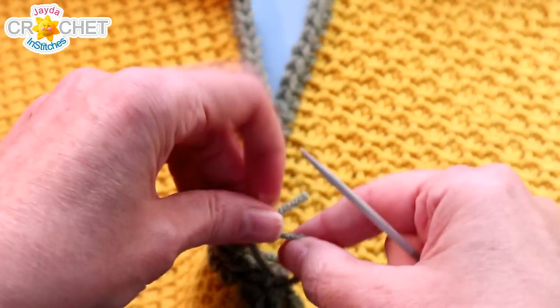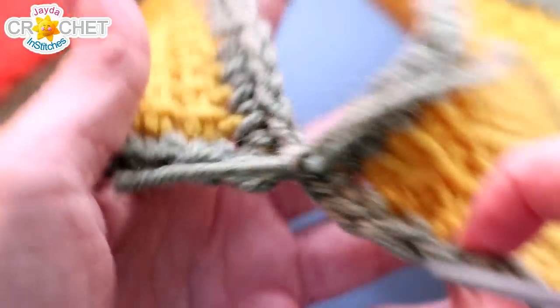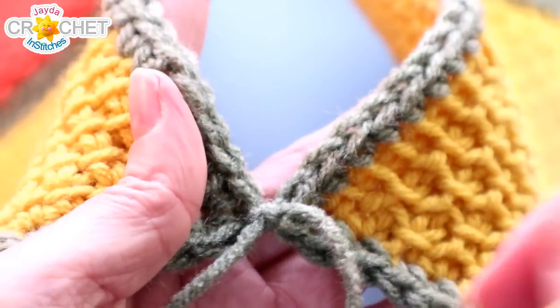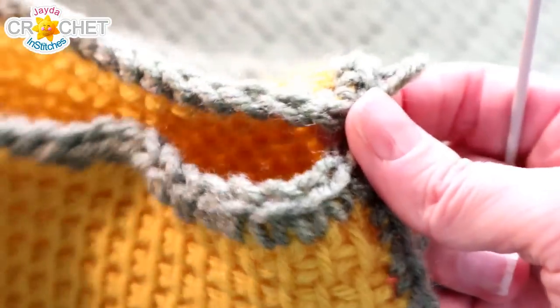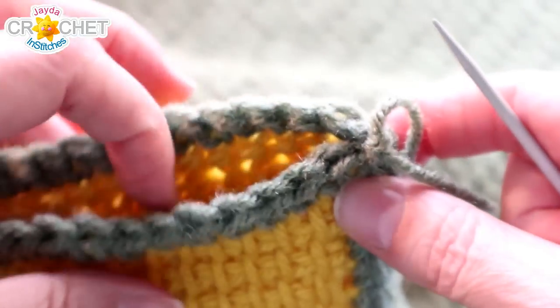And like I said, do it twice, 3 times if you've got slippery yarn. And then it's just the same thing as before. So you might find it helpful to see it this way too. So I showed you kind of going up and down. I'm going to hold it sideways, and I'm going to show you how I do it while I'm working away